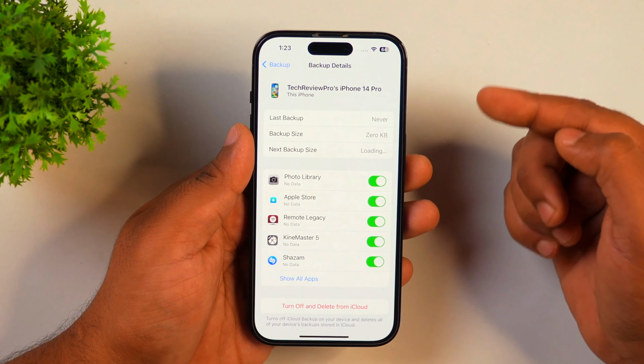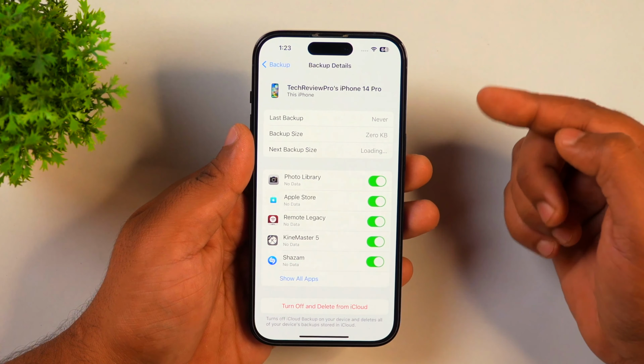So if you want to increase your iCloud plan, you will need to tap on this manage account storage and then change the storage plan, and from here you can select multiple options based on your requirement, how much space you want in your iCloud storage. So tap on anything you require and after that upgrade your iCloud plan.